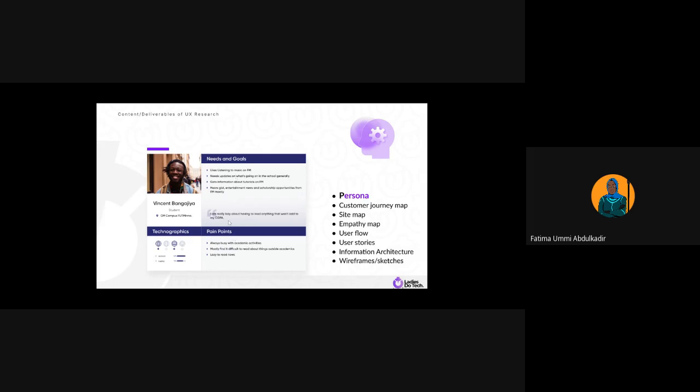It has to do with being able to differentiate between what the user is saying and what the user is actually doing. What they are saying is different from what they want, so take that into consideration to inform the team on the features they are building based on these goals and pain points.